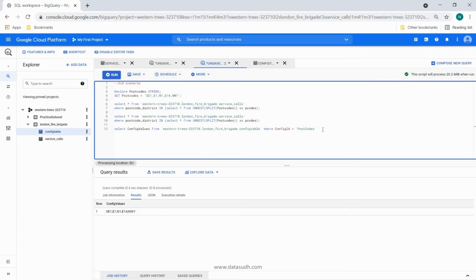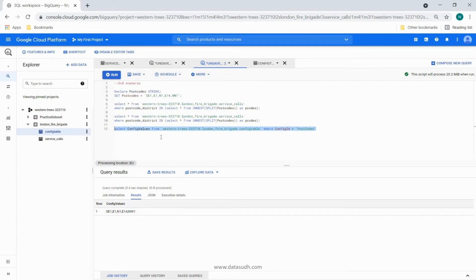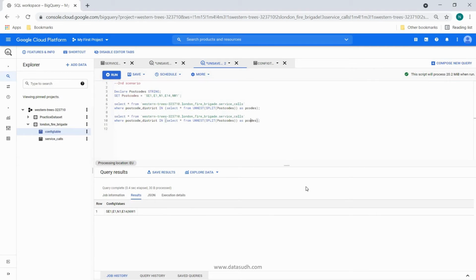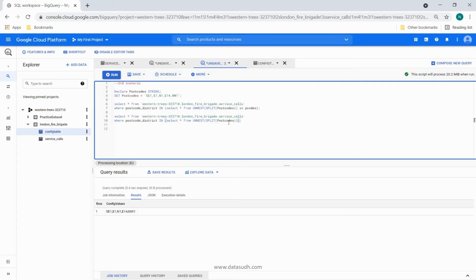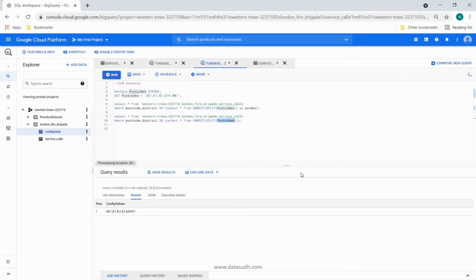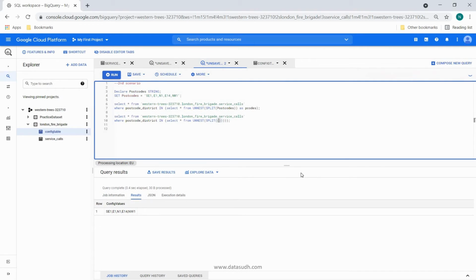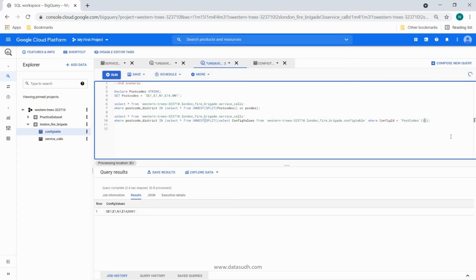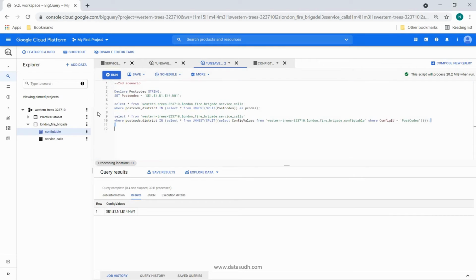Now what I need to do is, I need to just put this logic inside this postcode so that this time the values can come from the config table. So let's remove this and let's add one more parenthesis, and inside that add this logic. And I think we have one extra. Okay, now let's run this.